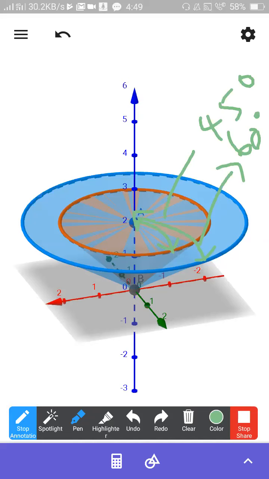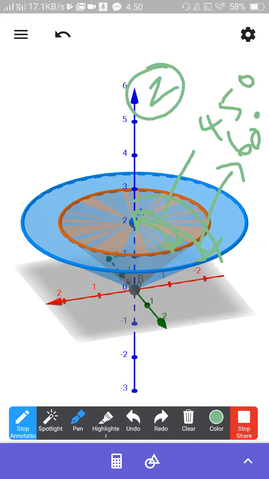But please remember one thing. Once I keep on increasing the angle, my height is fixed. In both the cases, the height of the cone is fixed, but the angle is getting changed. Theta means the measurement from the z-axis. Theta is always the measurement from the z-axis. So my angle changes.